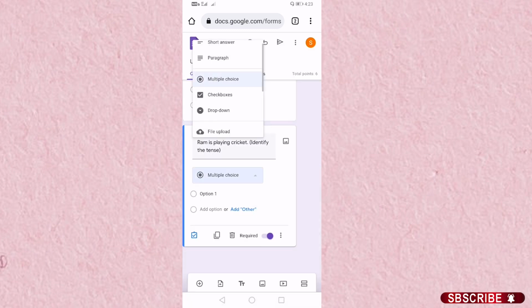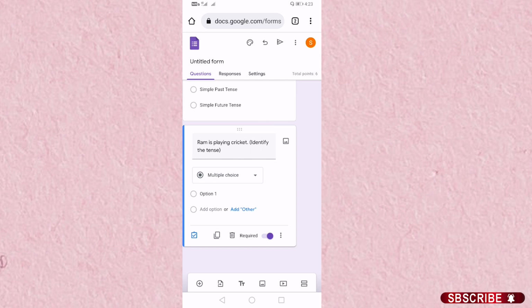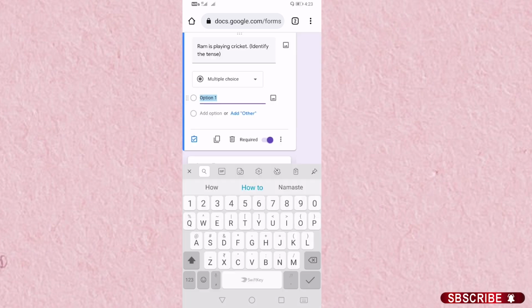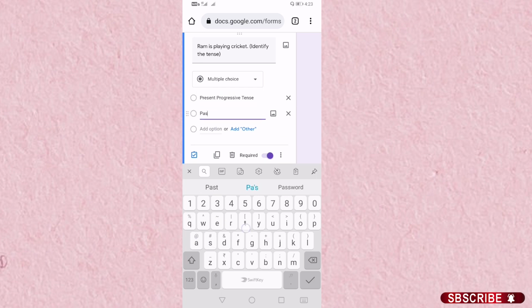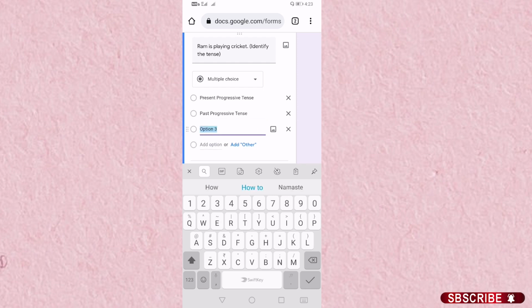If it is not, just go and select multiple choice and add the options that are present progressive tense, past progressive tense, and future progressive tense. Okay, we have added options.